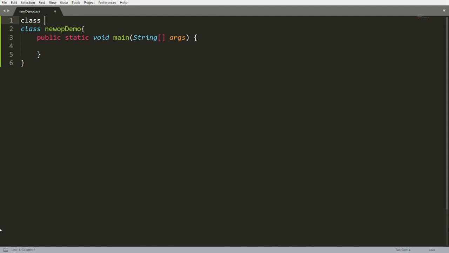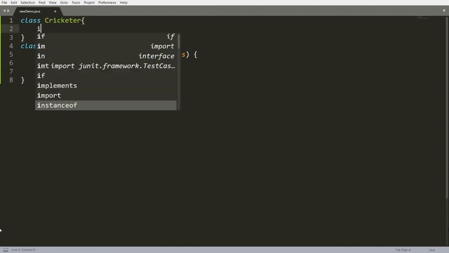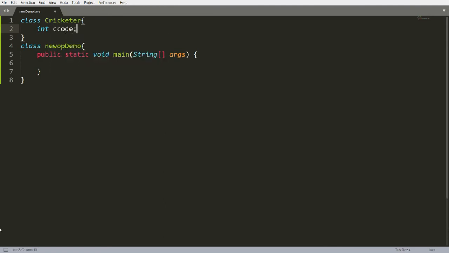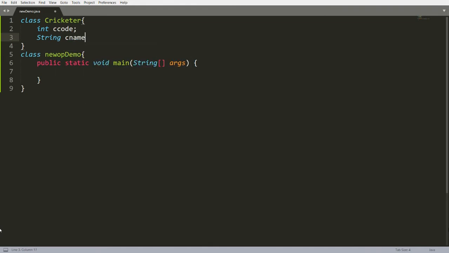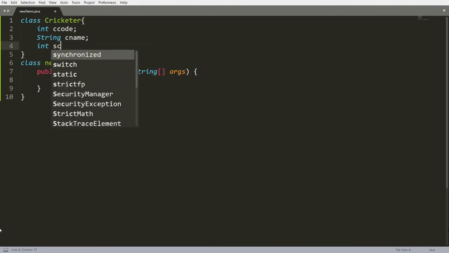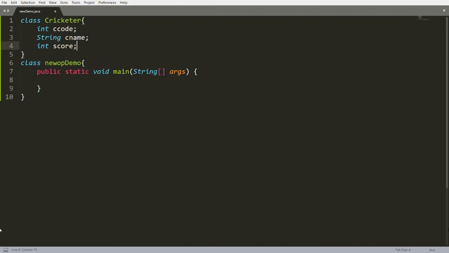Now I'm writing here one class, and the class is class cricketer. We discussed that each and every cricketer has a unique code. Each and every cricketer has a name. Suppose the cricketer is scoring something, so this is the score, or you can say total run, average, strike rate. There are so many elements you can write over here. Now I want to create an instance of cricketer. So I can write here cricketer vk is equal to new cricketer.